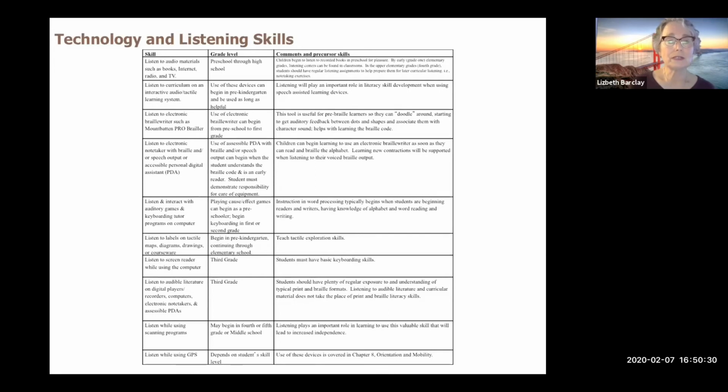Our students can begin to learn to listen to recorded books at a very early age for fun and recreational listening, just as they're listening to their parents and their teachers read aloud to them. At these same ages, they should also be learning how to listen to talking books or recorded books for recreational purposes. And that's to help them learn to develop and hone in on that listening skill so that it's not foreign to them, that they can eventually use it in their curriculum to help them provide another means of access,